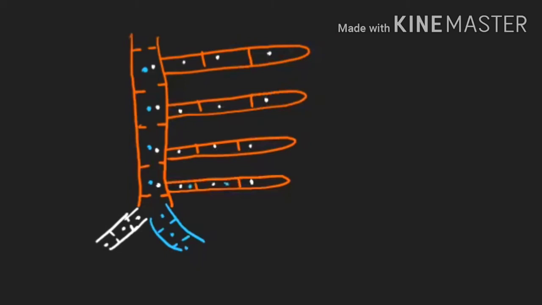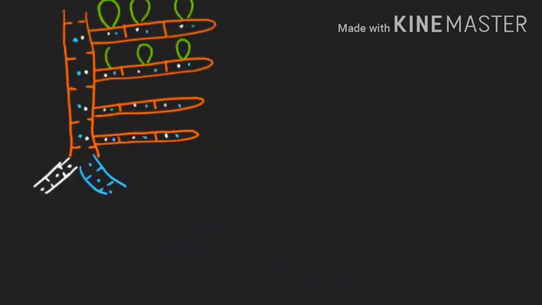Okay, now on top of this ascogenous hypha, we have to make ascus. So ascogenous hypha will bear ascus. See the board class, this is the ascus. Ascus is a bag-like structure which is born on the ascogenous hypha. I am taking a case of Penicillium to explain you. So ascus is born on ascogenous hypha.